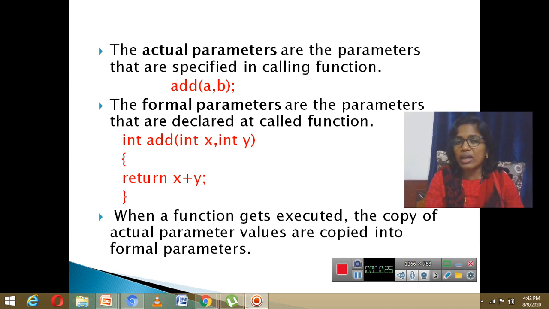So a and b are the actual parameters, whereas x and y are the formal parameters. They just act according to the parameters passed to them. So x will be replaced with a, y is replaced with b. That means the value of a is assigned to x, whereas the value of b is assigned to y.